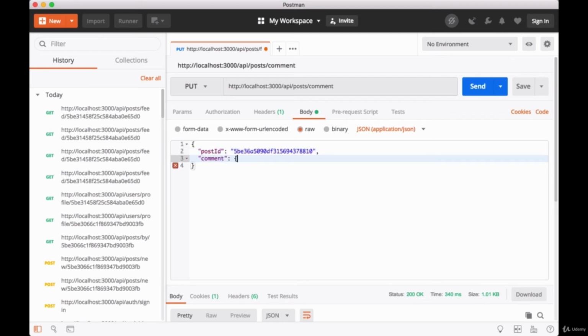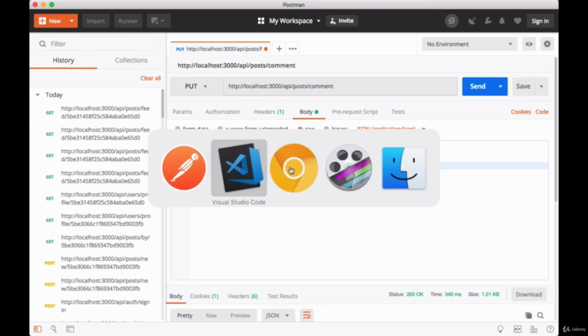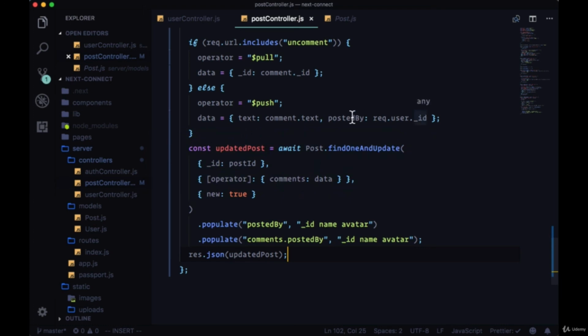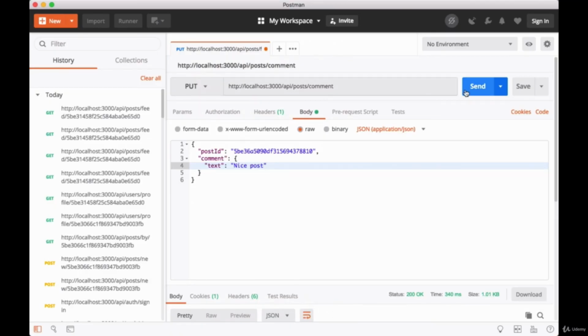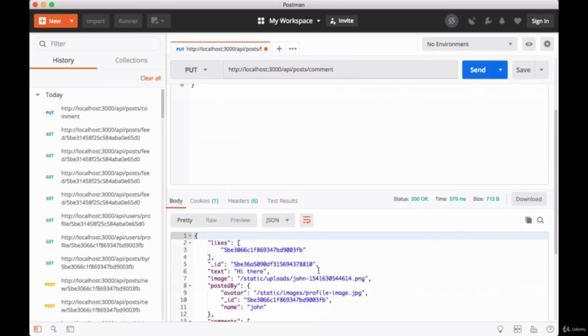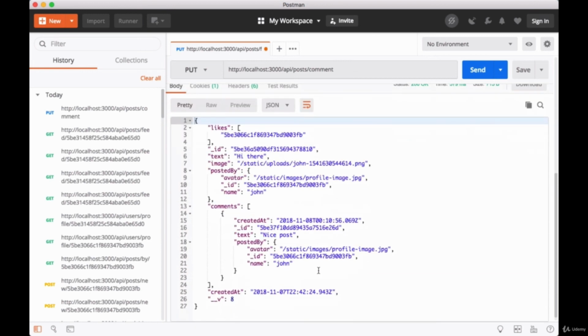Then we'll have our comment object that we need to create. We haven't added any comments, so we don't have an ID. So on this comment, provide a text value of nice post. And we don't need to provide anything else since we're passing the current user's ID to postedBy right here within the controller. So now we'll hit send. And if we take a look at our comments array for this post, see we get an object within it with the text nice post, an ID, a createdAt field, where postedBy is populated with the user that